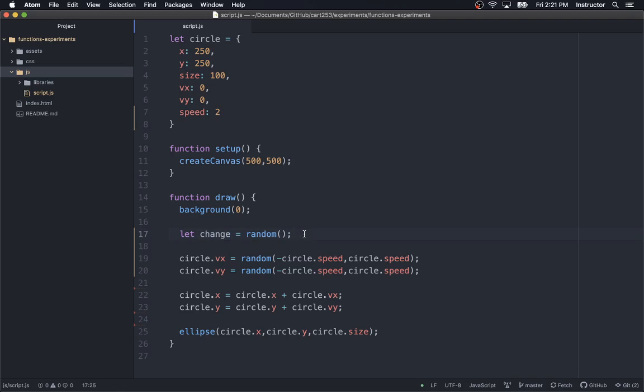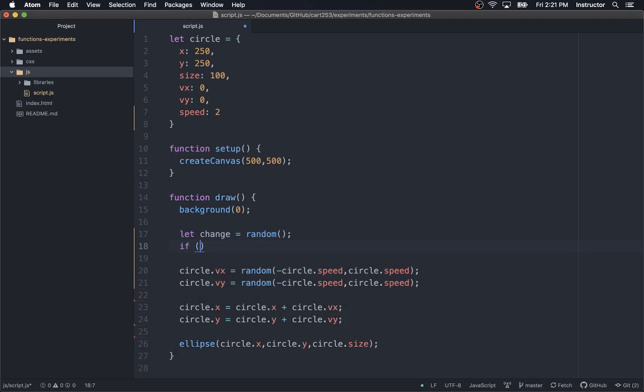Now, one of the features of the random function that you may or may not care to hear about is that the numbers that come out of the random function follow a uniform distribution. And all that means is that every number is just as likely as every other number to pop out of the random function when we call it. We can take advantage of that to actually do probabilities. What I mean by that is we can say if change, which is the variable with the random number in it, is less than, let's say, 0.01, then we will cause our nice little circle to change